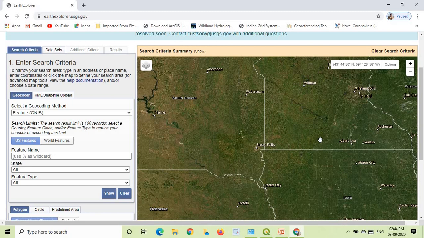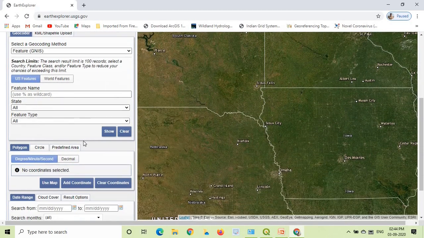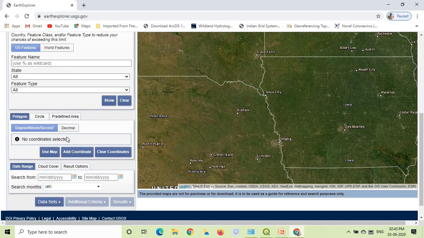Once you have created your account, log in to it, and in the search criteria, there are different options for searching a satellite imagery. One of the options is to provide the coordinate of your area of interest and search. There are two ways.